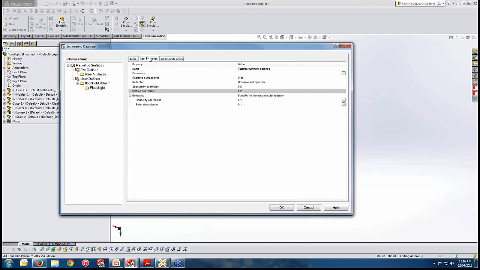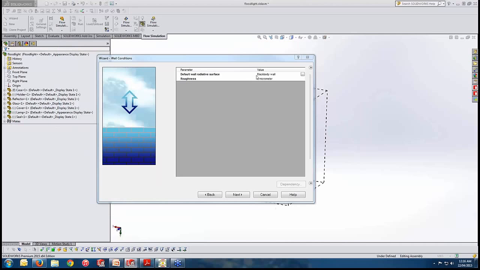And this item property is basically, it has the reflection of 0.8, specularity coefficient of 0.2, emissivity coefficient of 0.1, solar absorptance of 0.1 for this specific radiant surface. Okay, so either we're using a predefined radiative surface or making a custom made for ourselves, simply selecting that item